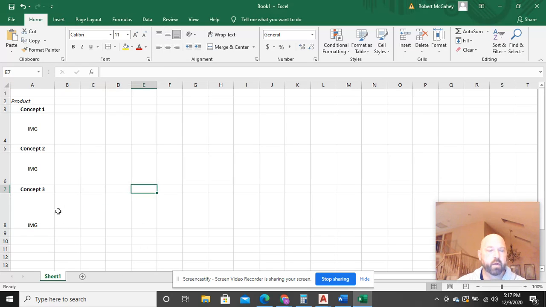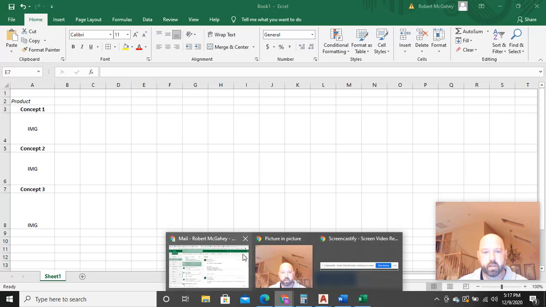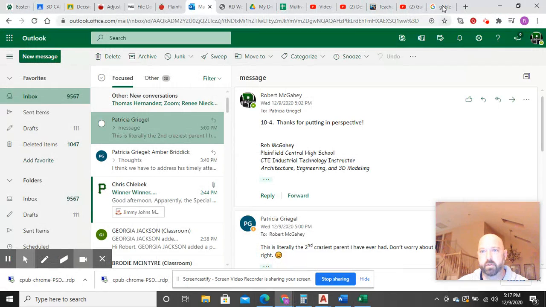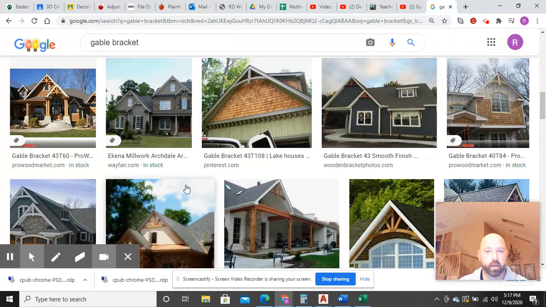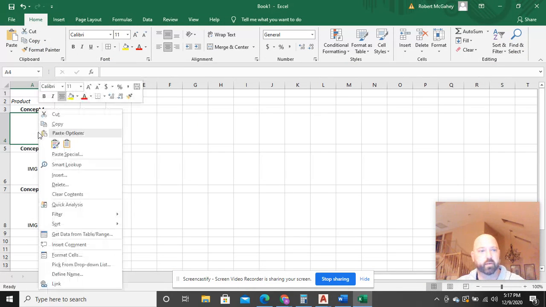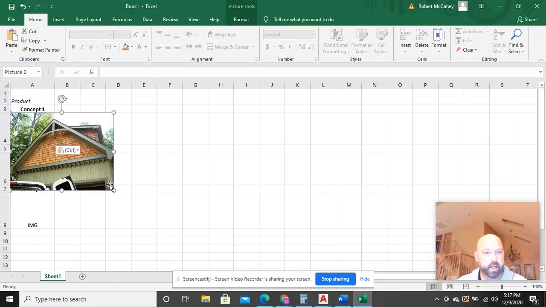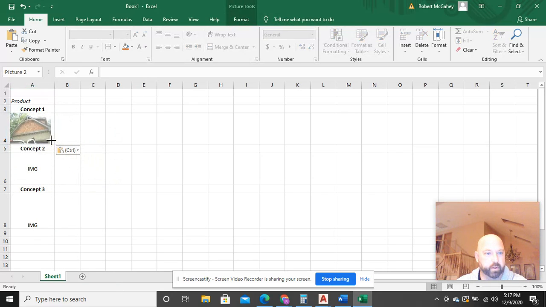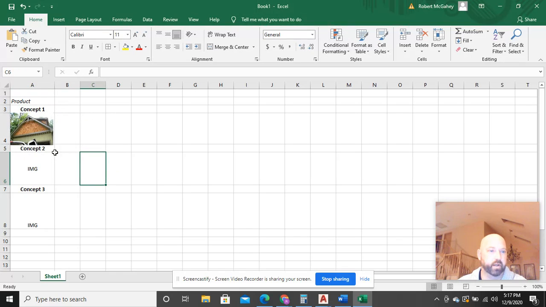Okay. So, I could do any image I wanted to. Like I could come over here and just go to, say, an image of a gable roof. Okay. And say this is not the product by any means, but I could copy the image and come back to Excel, delete this, right click and paste it. And it's huge, right? We don't want that. So we're going to shrink it down. And that's the concept right there. Okay. You can neaten that up with